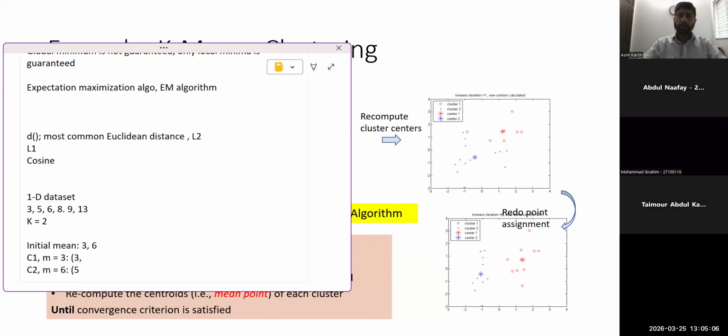ठीक है. So what about 6? 6 minus 6 is 0. 6 minus 3 is 3. 6 भी इधर आएगा. ठीक है. What about 8? 8 भी इधर आएगा because 8 minus 6 is 2 and 8 minus 3 is 5. And then we have 9 भी इधर आ जाएगा and 13 भी इधर आ जाएगा। तो ये आपके clusters बन गए।